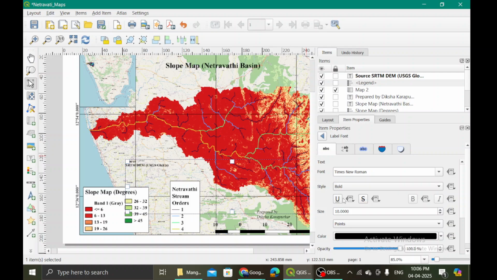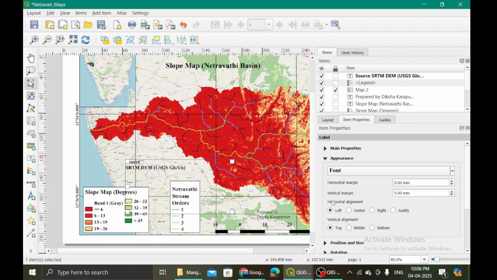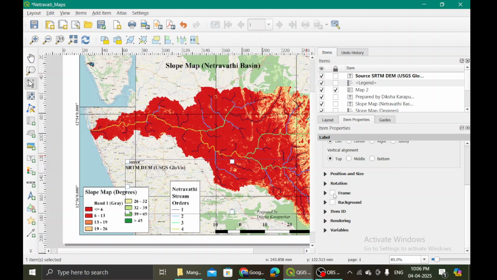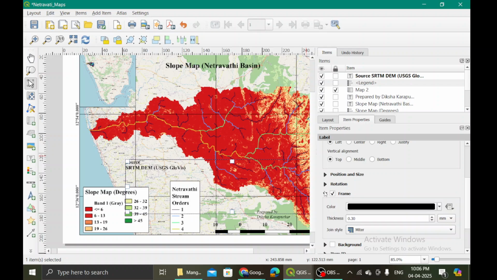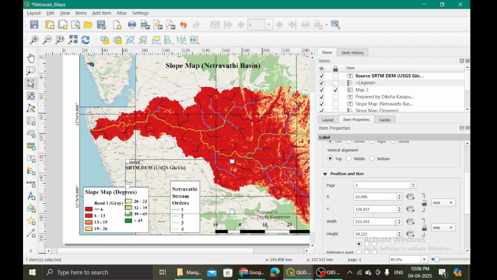So this will remain same all throughout. You want it to be a little bigger. Then you don't want a frame, or do you want a frame? Then position. Let's just reduce this width to maybe 80.